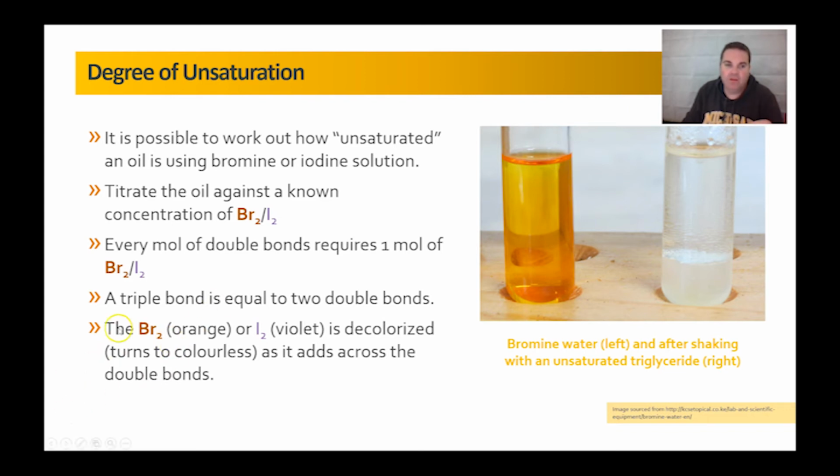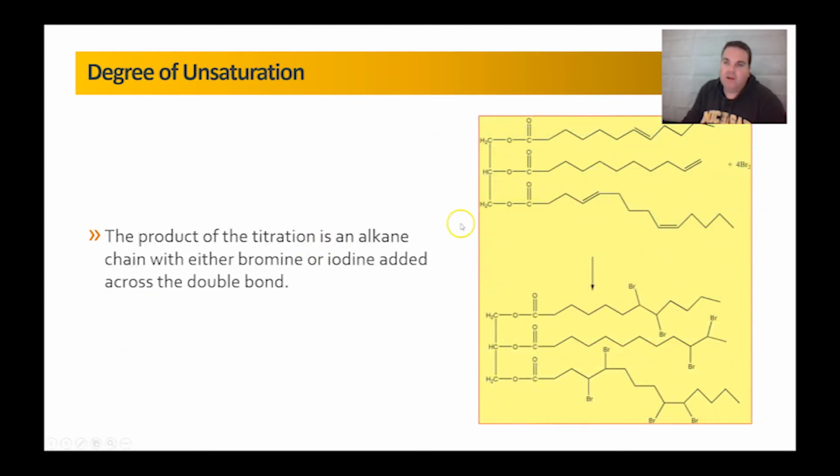titration. And I've got in here a triple bond is equal to 2 double bonds, and what I mean by that I'll show you on the next slide. Okay, but what we've got here is an oil, because we've got double bonds, and we're adding in some bromine to it. You see we've got 1, 2, 3, 4 double bonds in there, so we add in 4 bromines, okay, and